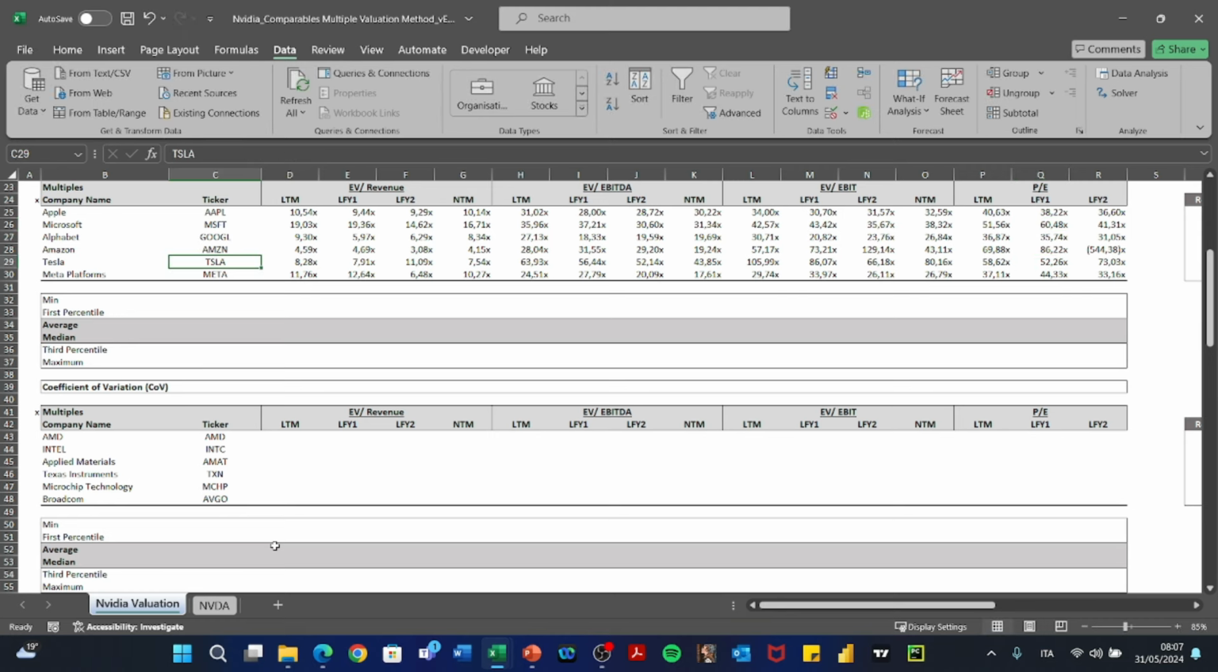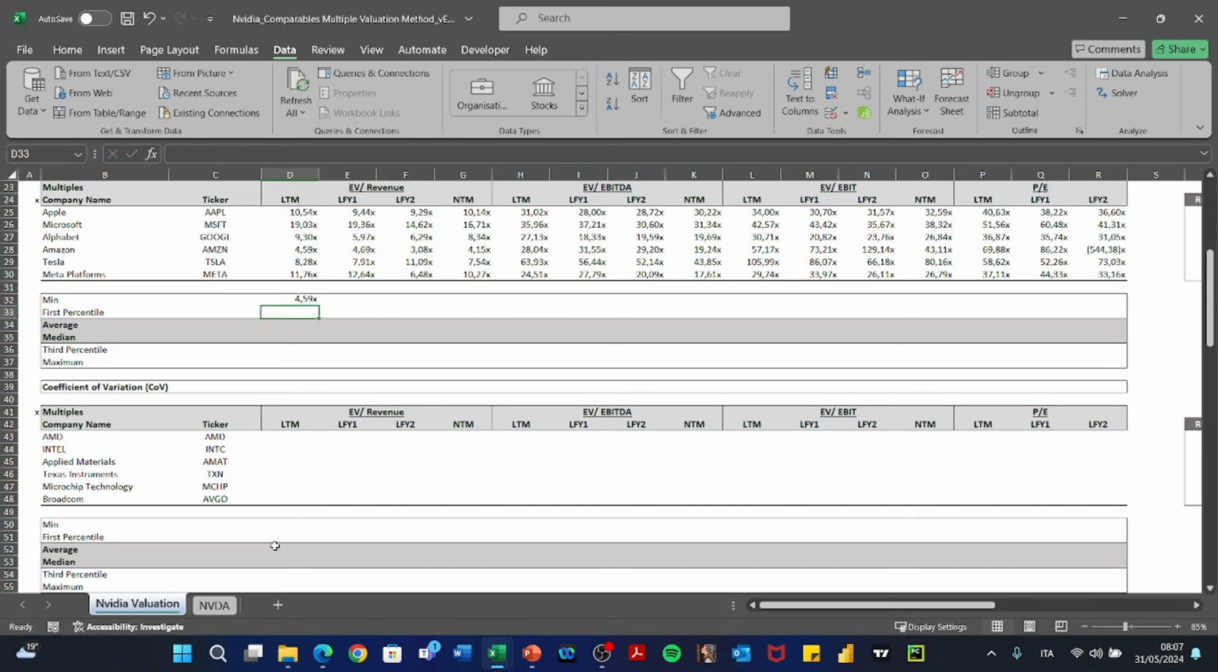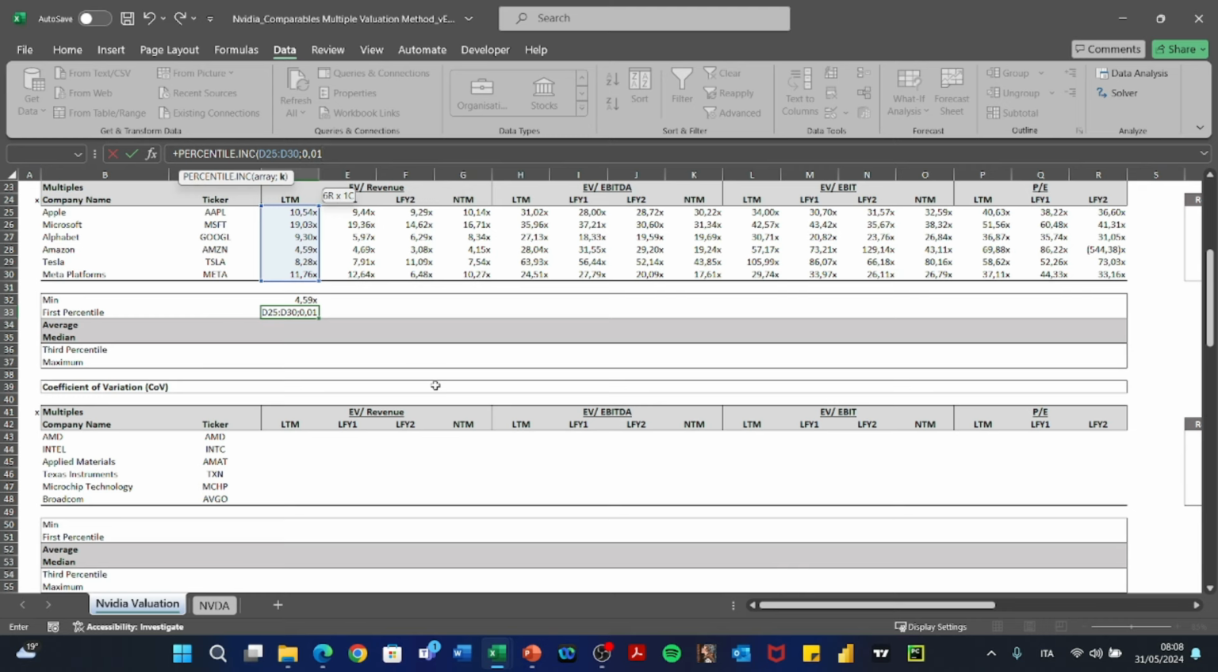Okay, so let's now calculate the minimum value of this range. Let's now calculate the first percentile. This is our array 1. Perfect. Let's now calculate the average,